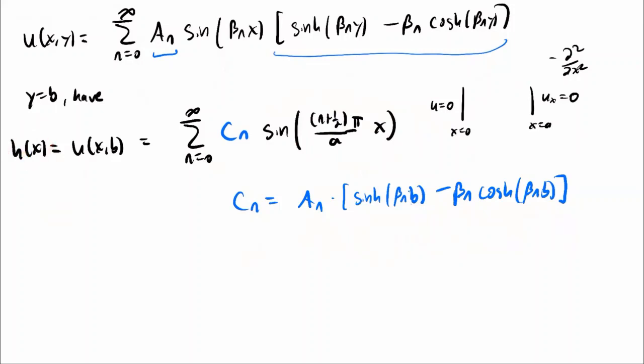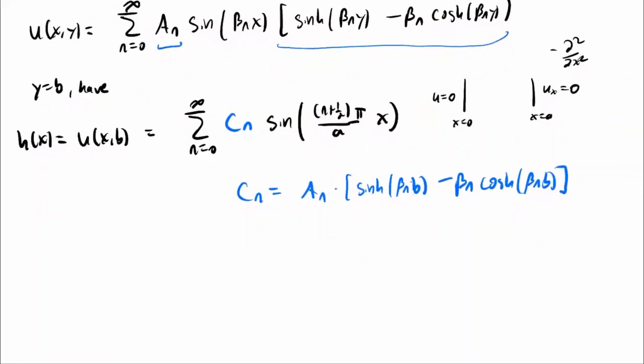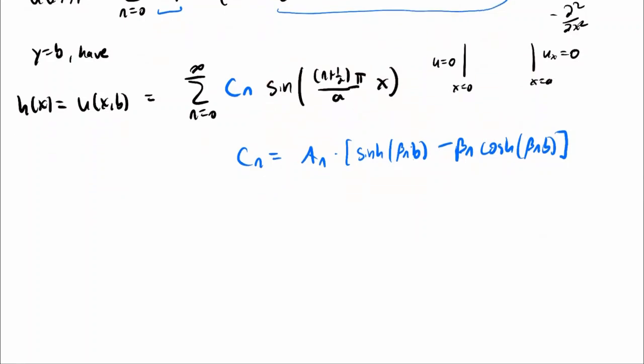What I'm going to do to complete this example, though, is combine those two perspectives and remind everyone that since these are the eigenfunctions for this particular problem, you have some kind of orthogonality property. If the eigenfunction perspective is a little too abstract or complicated, you don't have to worry about that, because you can just check directly that these functions are orthogonal on the domain x between 0 and a. So let me define capital X_n as sine of (n plus 1/2) pi over a times x,